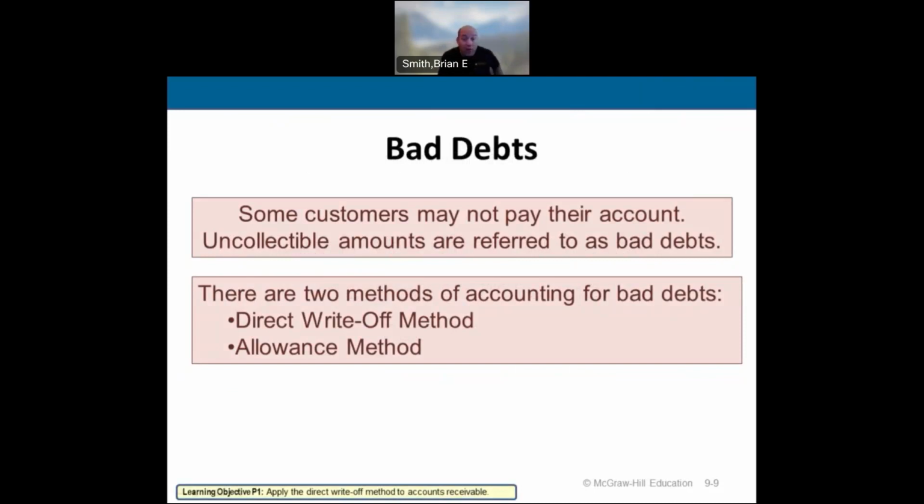My wife tells me if you ever loan money out, just pretend like you're giving it to them, and if they give it back to you, then bonus. But if not, you're never going to see it again.